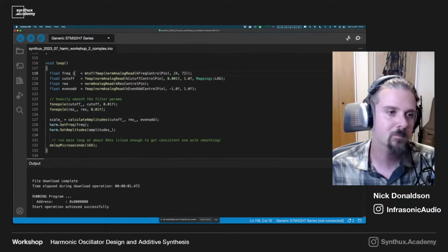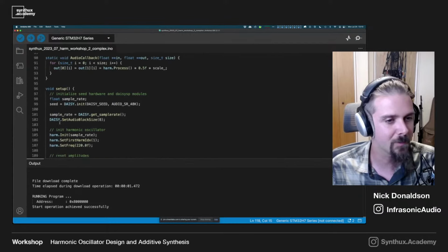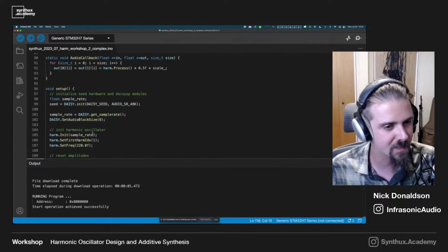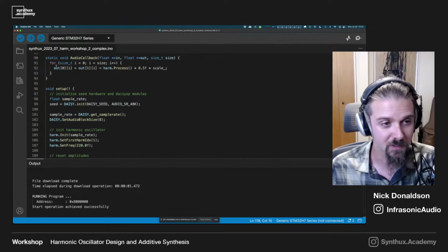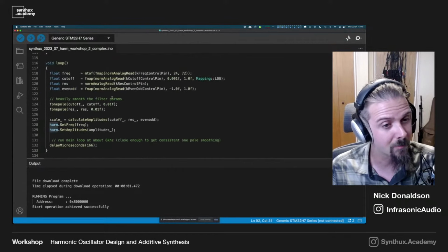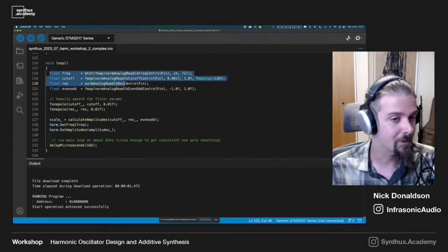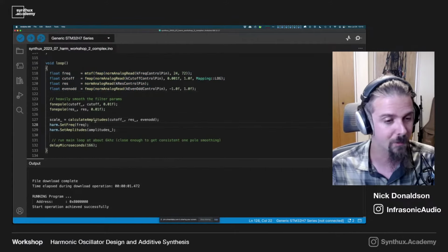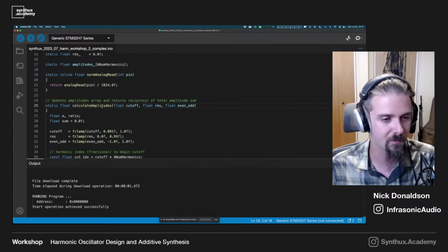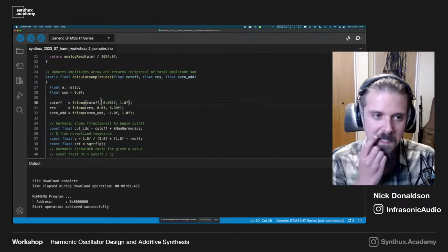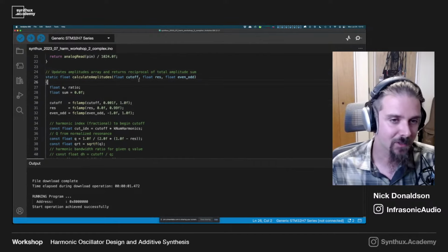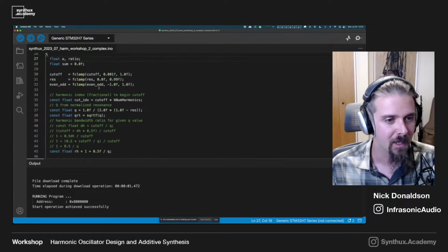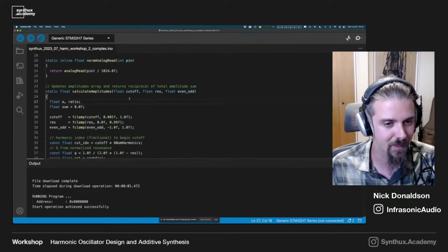So to simplify, the setup is just as we usually have, just setting everything up. The audio callback is just getting samples out of the harmonic oscillator. All the magic is happening in the loop. Really what we're doing is reading 4 knobs and calling some functions to take the readings from those 4 knobs and translate that into the amplitudes of the harmonics. This calculate amplitudes function takes that normalized cutoff, resonance value and the even odd split. I'm not going to go through all this math, but it does a whole bunch of math to turn those values into